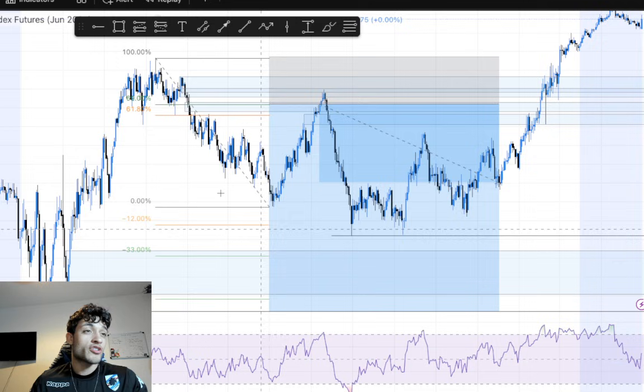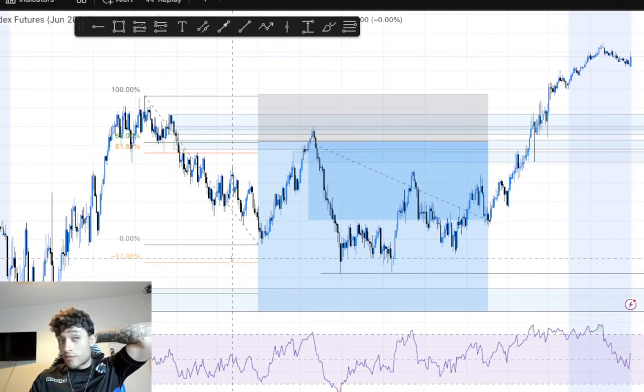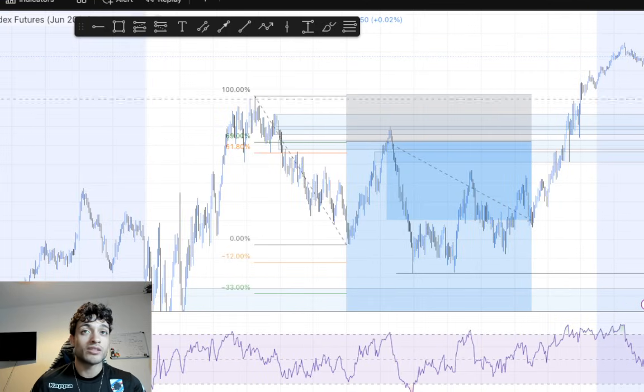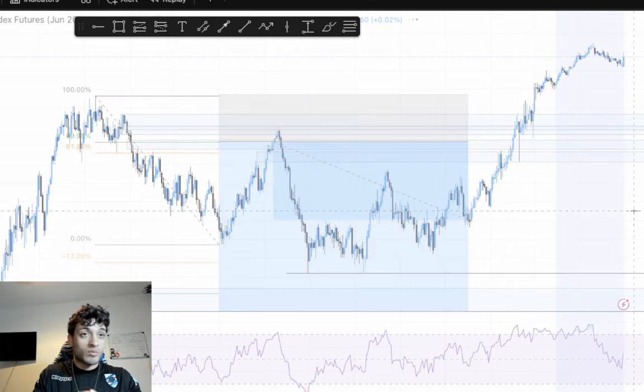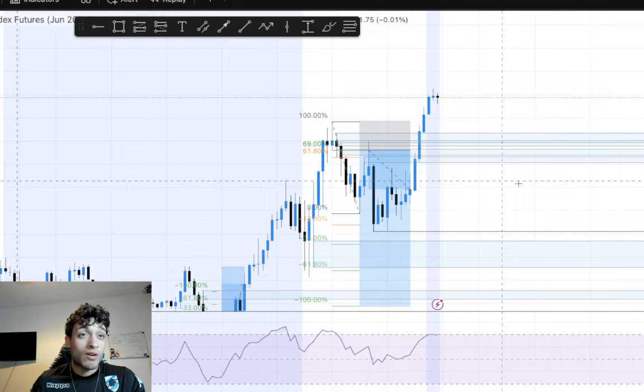But on the first partial, I move my stop loss to break even. Instead of taking the partial, I just moved my stop loss to break even. So I did not capitalize anything on this, even though I was right. But this is something that has to do with me, right? I need to be very disciplined with my plan. I need to follow my plan accordingly.